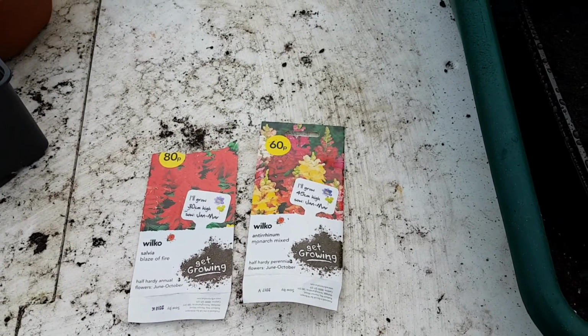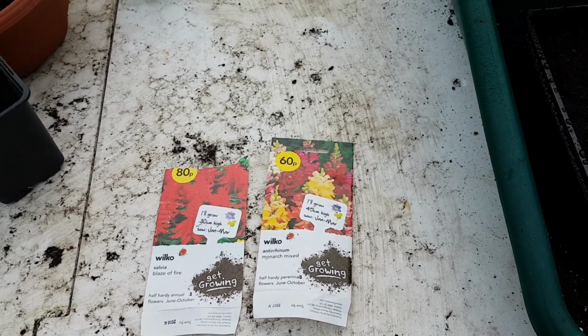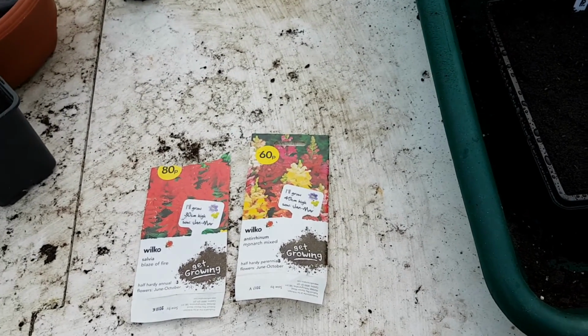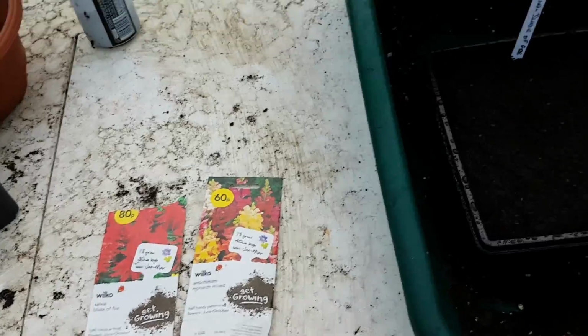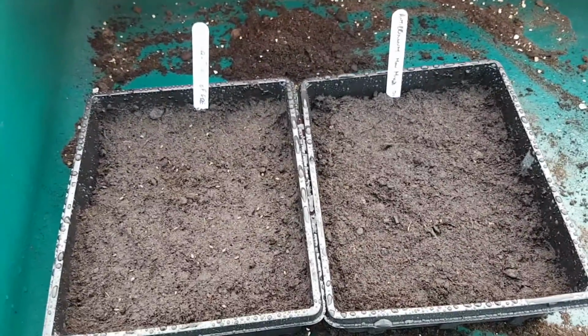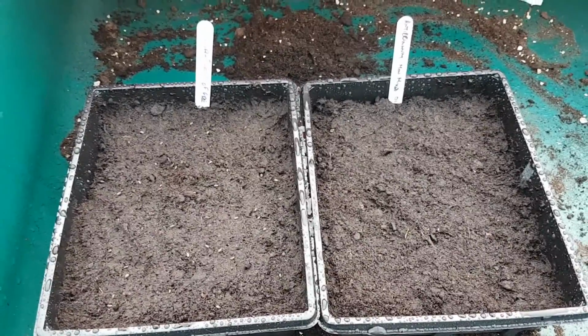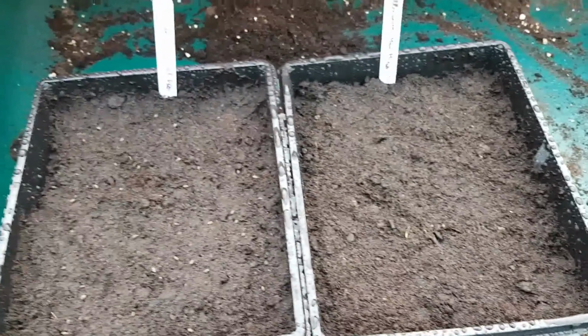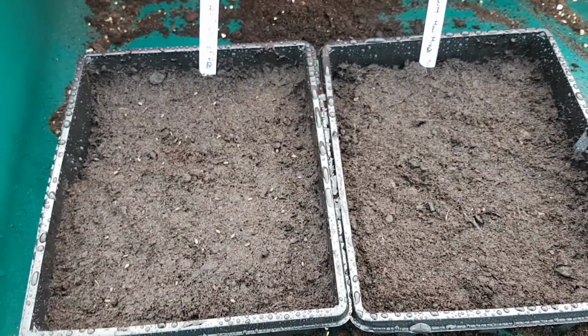We didn't get a very good display last year in our back garden due to the inclement weather. Basically it rained all year and a lot of the plants rotted off. So hopefully this year we will do better. Obviously I need to put some sieve compost on top of these seeds now,